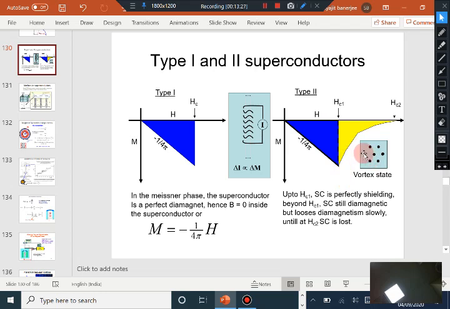inside. So what you see in black are these normal cores. I am just showing you the top view of the superconductor, and these normal cores begin to get generated inside the superconductor. As you keep on increasing the magnetic field, the density of these normal cores increases, and they generate the vortex state. Each of these is called a vortex, and as you increase the magnetic field, the density of vortices increases. Each of these circles is a vortex, and you can create a vortex state inside the superconductor.